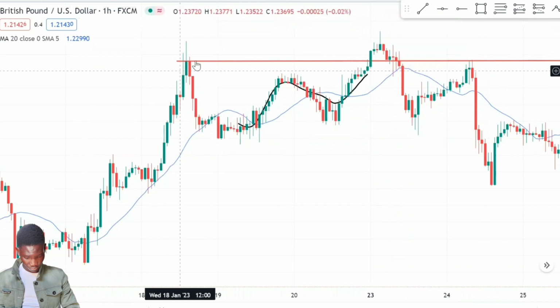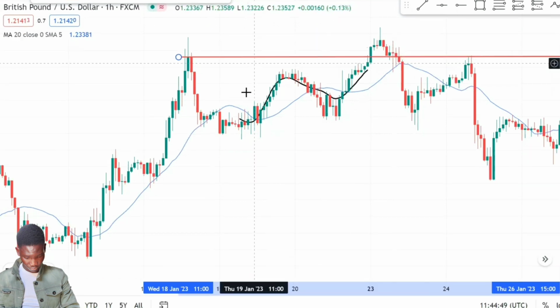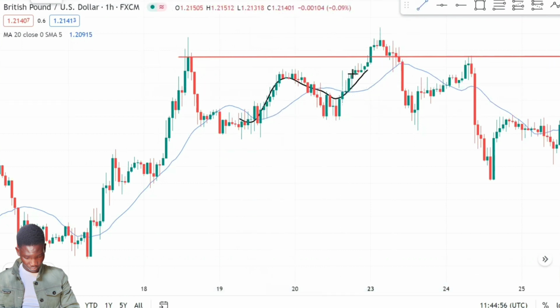without initially knowing that there is a strong resistance zone just right here. At that stage, I didn't fully understand support and resistance, and I didn't understand that you just can't buy at a major resistance zone. Yeah. So while trading reversals, you have to understand there are major support and resistance levels that the market usually respects